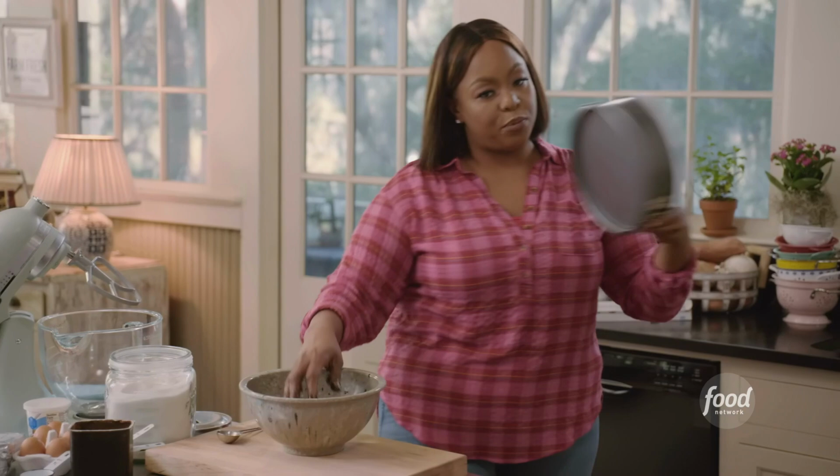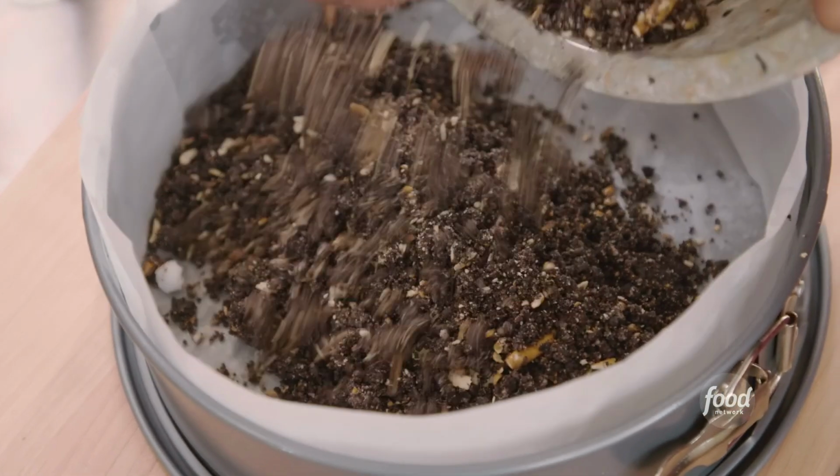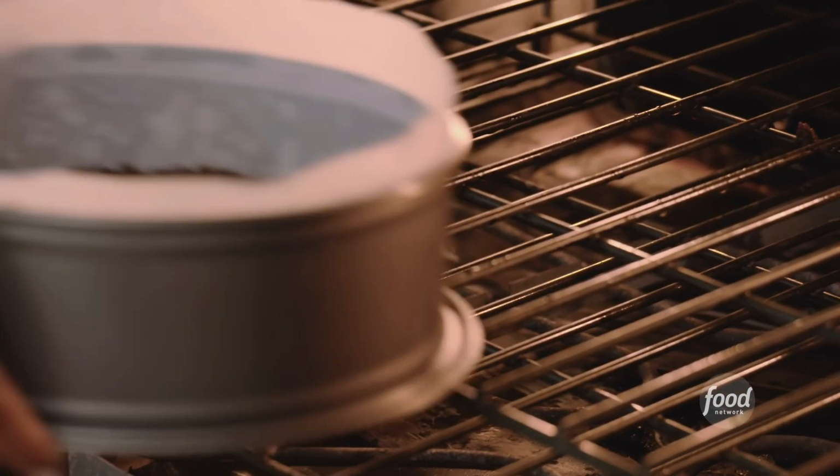I'm gonna get my springform pan that I've lined with parchment paper. If you line your pan, it will pop right out. Make sure that it's nice and even. I have the oven set to 350, bake for about 8 to 10 minutes, and then I'm gonna get started